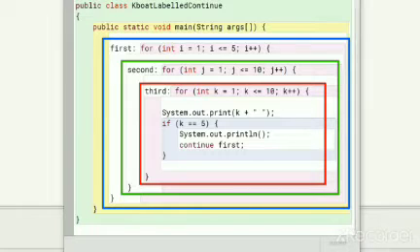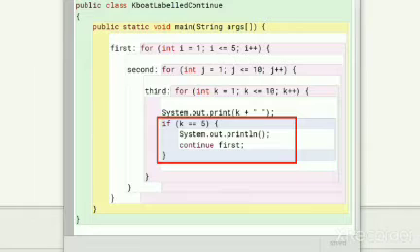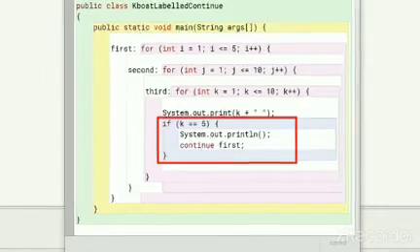If you are not familiar with labels, I recommend you watch the labeled break statement lecture first and then come back to this lecture. There I have discussed labels in detail. Okay, coming back to the program, inside the innermost loop, we have specified this condition that when k becomes equal to 5, the program should print a new line and continue with the outermost loop. Let's execute the program.